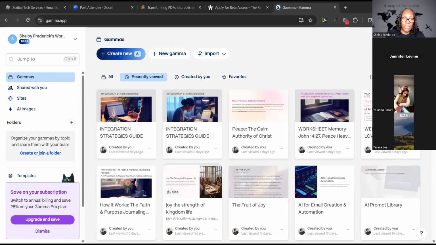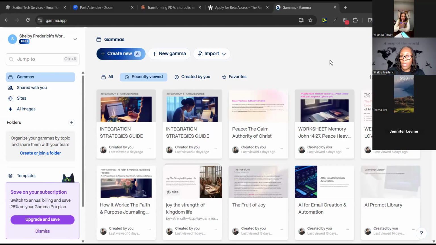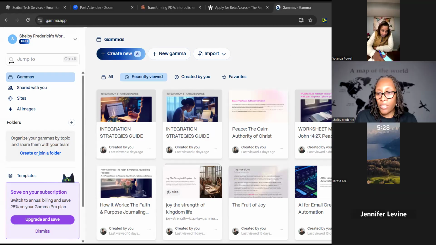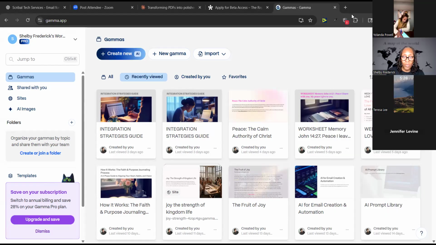All right, so this is what the workspace looks like when you come into Gamma. You can share your presentations, your documents with others as well. So basically what we're going to do is we're going to come here to this tab where it says Create New. And when you click on Create New,